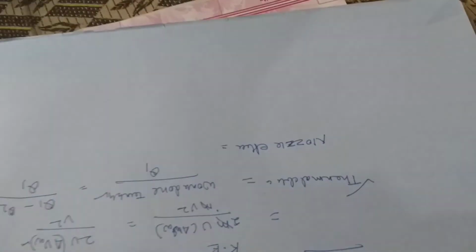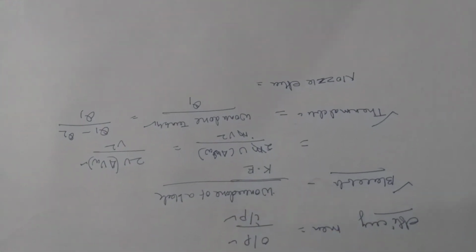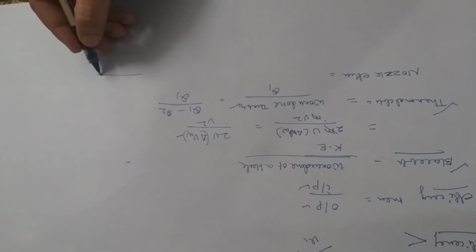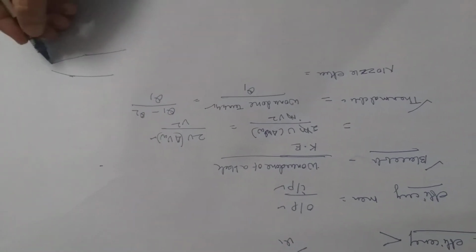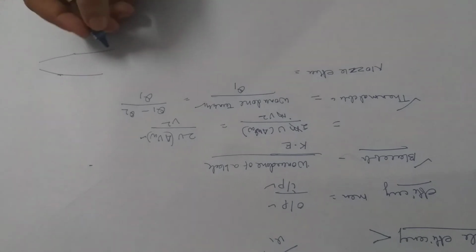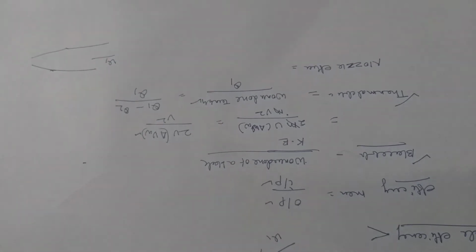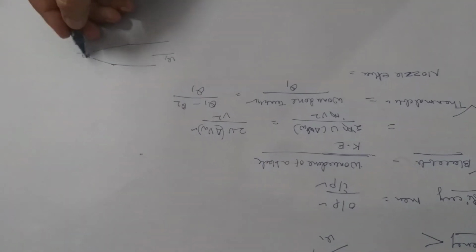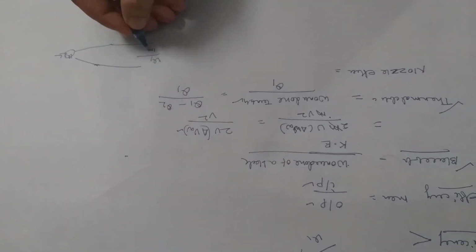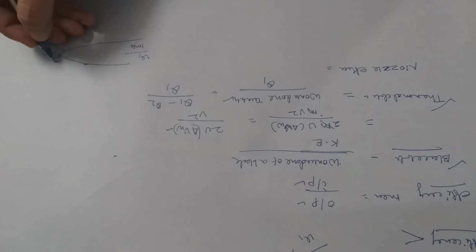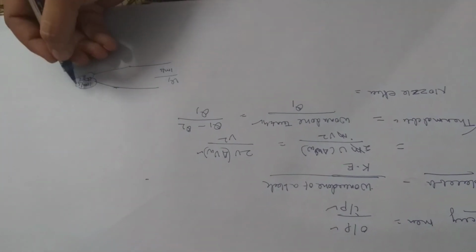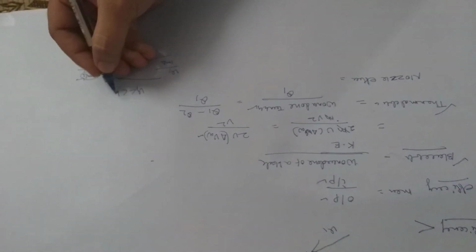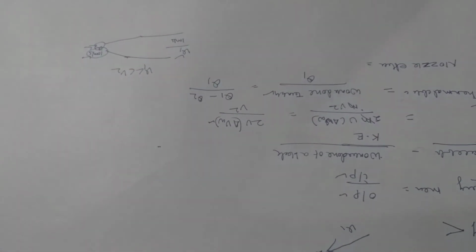Now consider the nozzle efficiency. There are converging and diverging types of nozzle, and there is a jet as well. If the inlet velocity is V1 and the outlet velocity is V2, obviously in a nozzle the velocity increases. If this is 1 meter per second and that is 10 meters per second, then V1 is much less than V2. That's why V1 is neglected in this section.